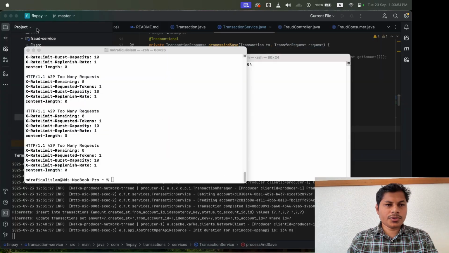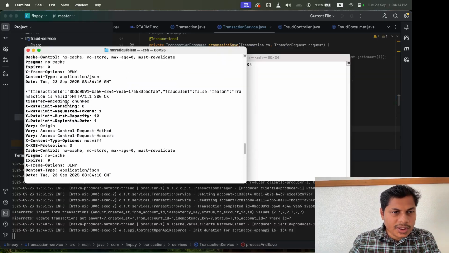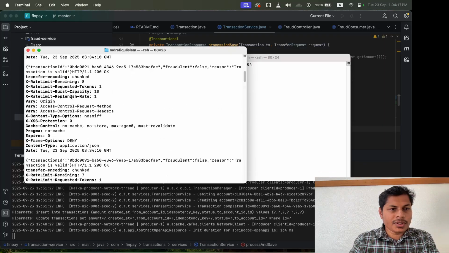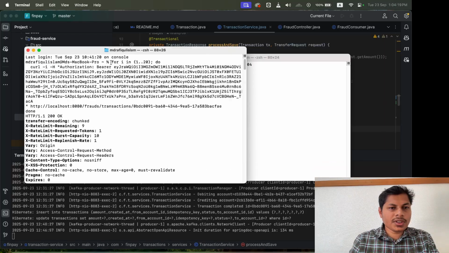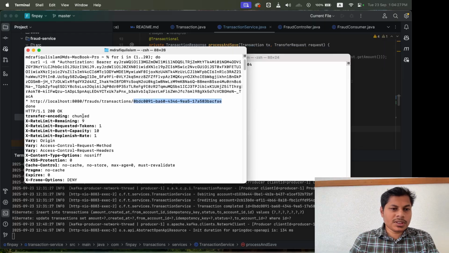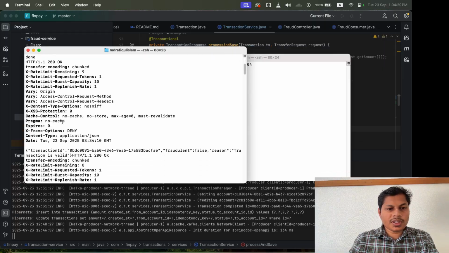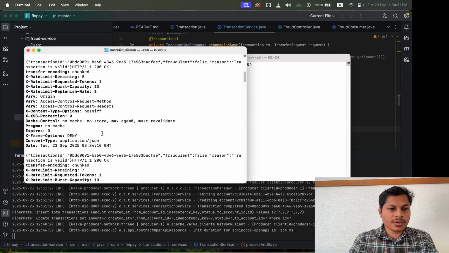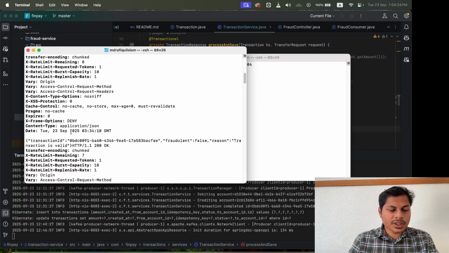I forgot to show you the rate limiter and also the circuit breaker function, where we can see the fallback if any service is down. Let me show you the rate limiter. So this is the rate limiter. I have run this query to send requests to this API for the transaction, where the bucket capacity is 10. So if there are more than 10 requests concurrently in 1 second, it will